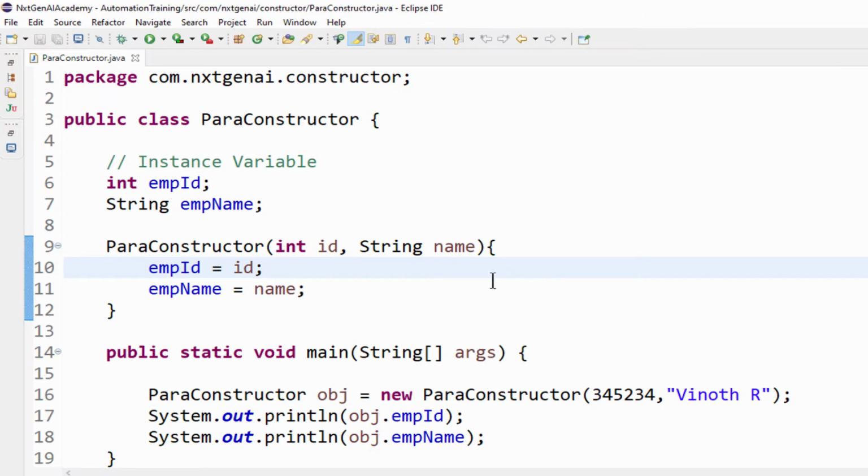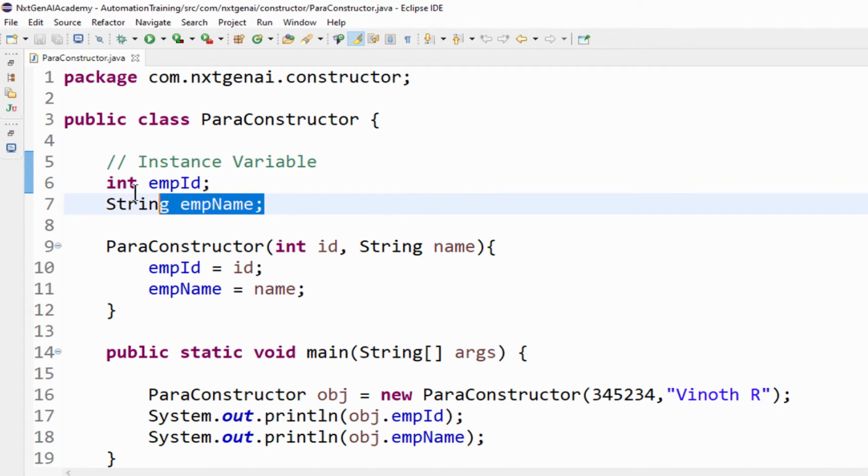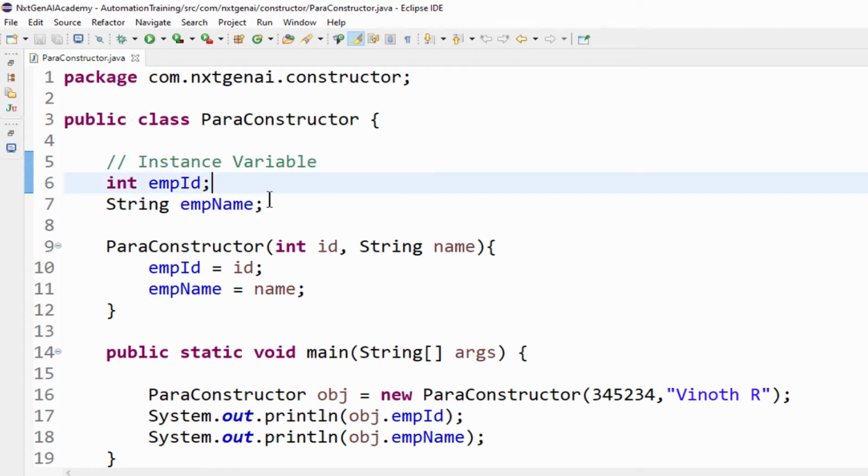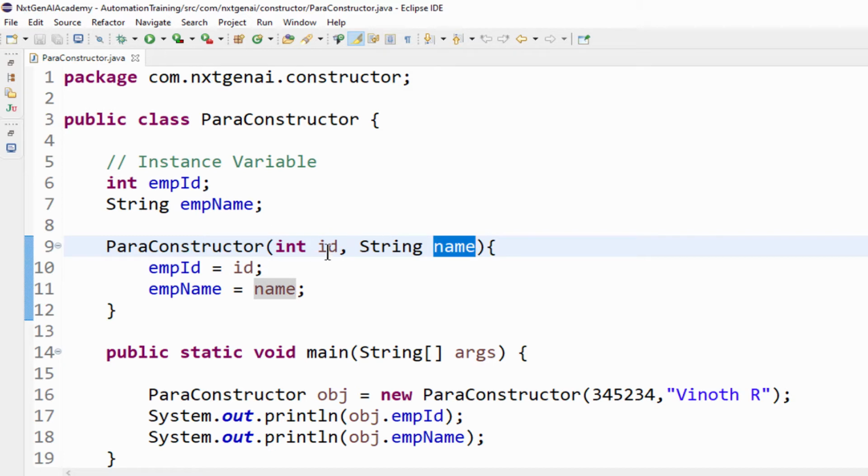Okay, in the previous video, we learnt about constructors. Here, int employment ID and employment name are instance variables, which are in blue color. And here, ID and name, which are the arguments, in other words local variables, are in brown color.